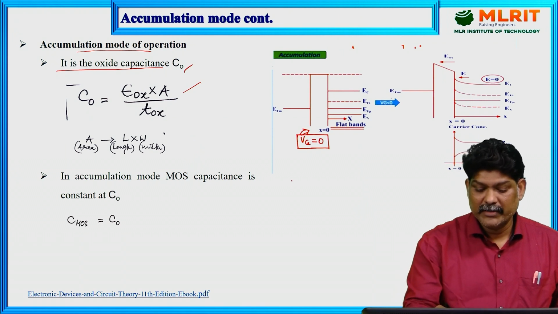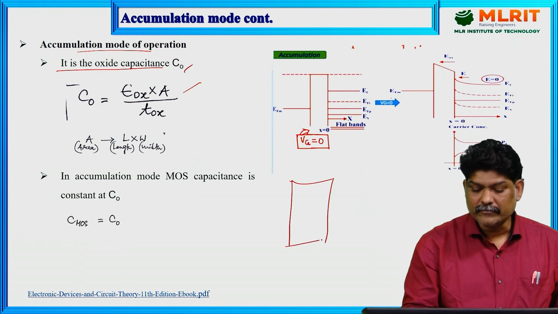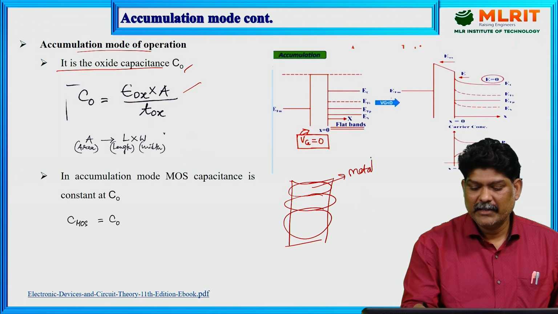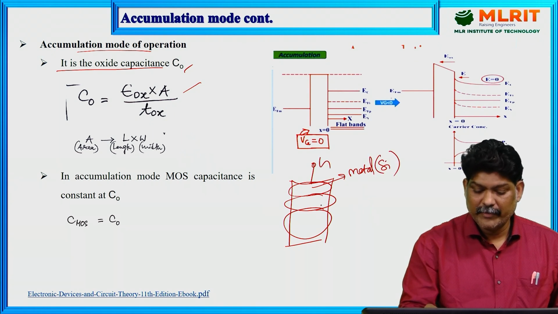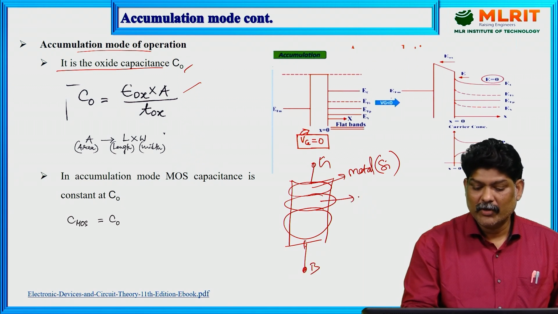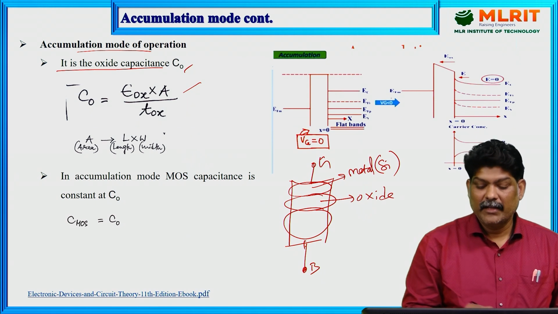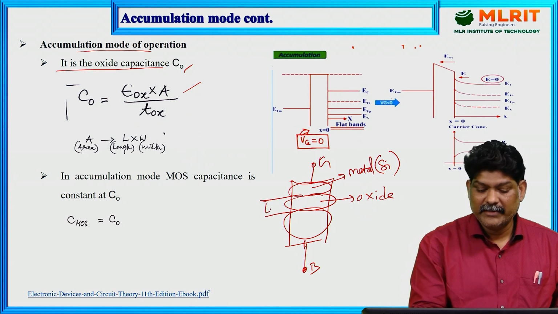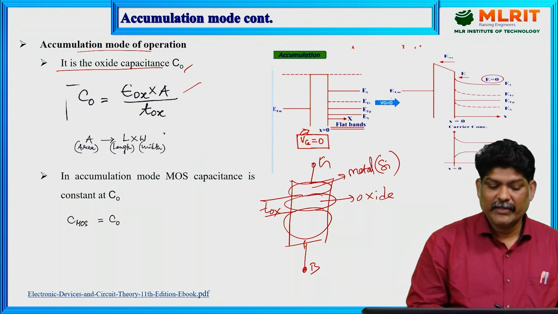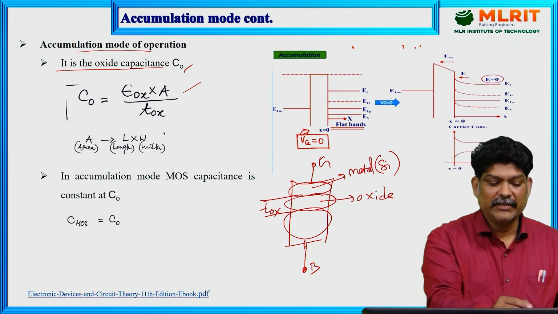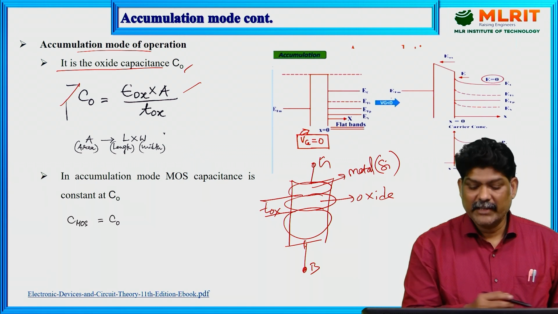So we have three layers, correct? The first one is the metal layer. Metal means again polysilicon, polycrystalline silicon, and this is the gate material, the gate terminal, and this is your body. Here a very thin oxide layer is there. The thickness of the oxide layer is very small. Depending upon the thickness, the capacitance also changes. So the oxide capacitance is given by